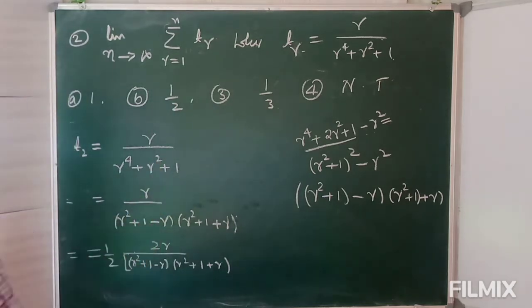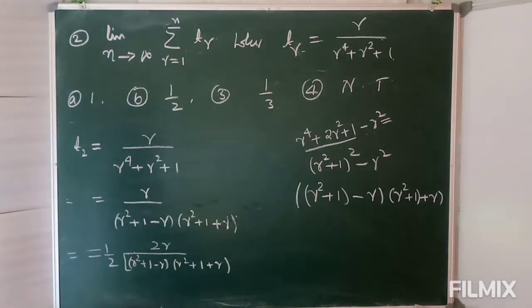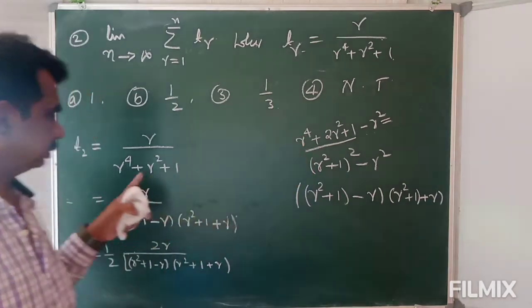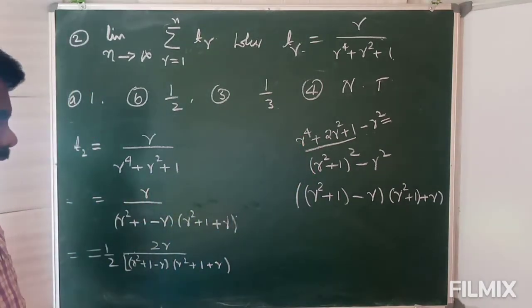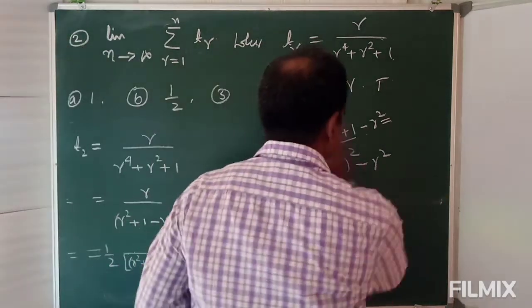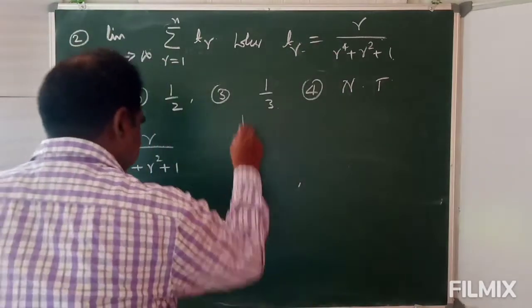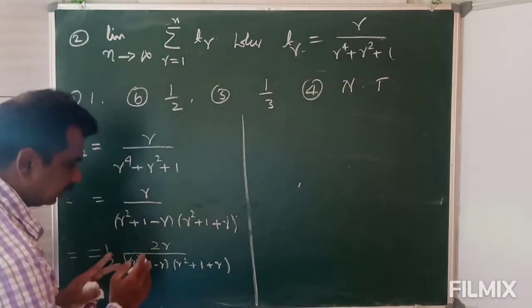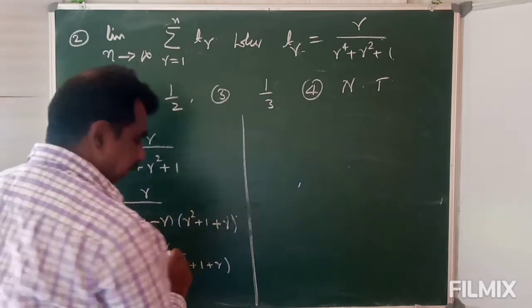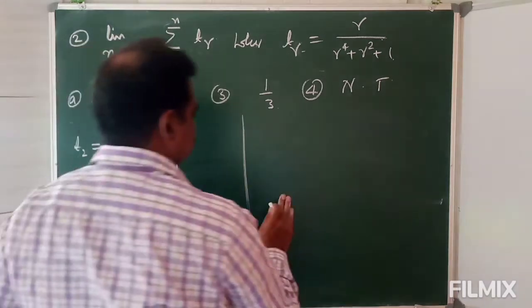I want to erase that one. Write it. Okay. Now, I will split it. Okay, 2r is r plus r. Good. That is